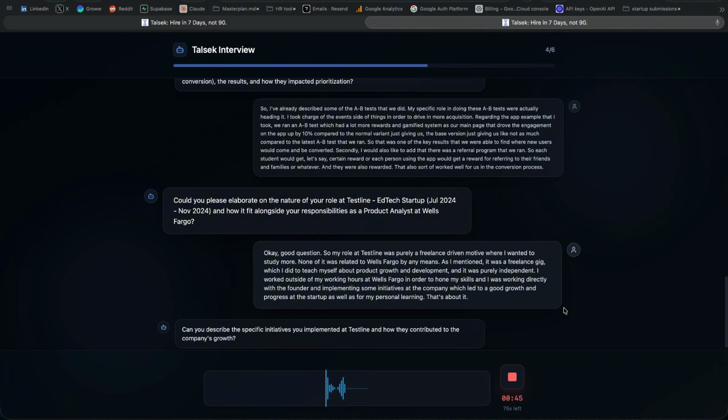And yeah, that was one of the initiatives. Secondly, I was in charge of running Google ads and Meta ads at Testline, and in that process I was also teaching myself performance marketing and all these growth hacks, and how to assess the keywords and which ad is performing better than the other. These were some things that I was able to control, and I took charge of these initiatives, meanwhile teaching myself the basics and fundamentals of performance marketing and growth.